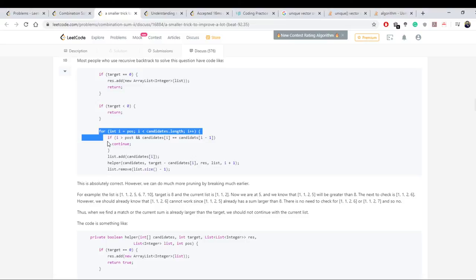Then it selects 1, 1, then checks the condition. Then selects 1, 1, 2, 1, 1, 3, 1, 4. Sorry, 1, 1, 2, 3, 4. Then comes out. Then it selects 1, 1, 2, 3, and